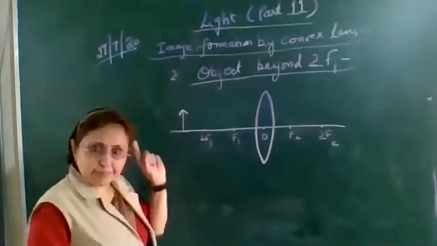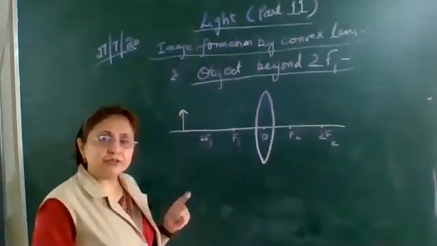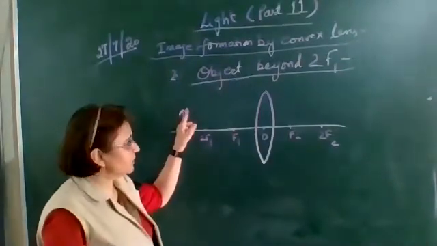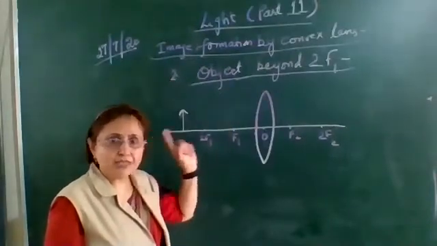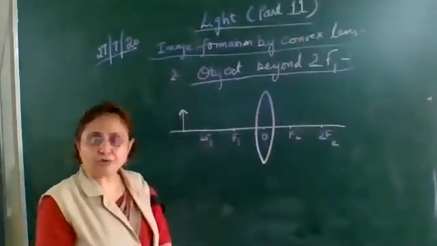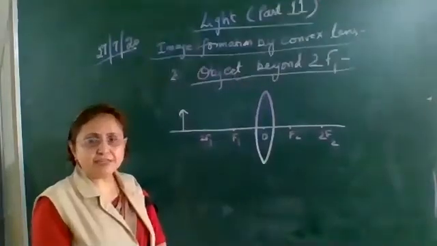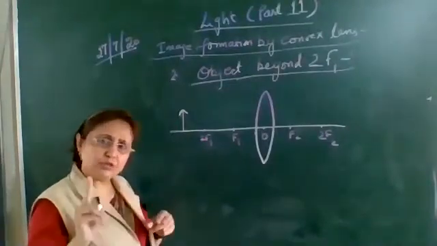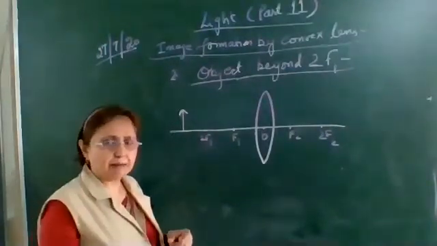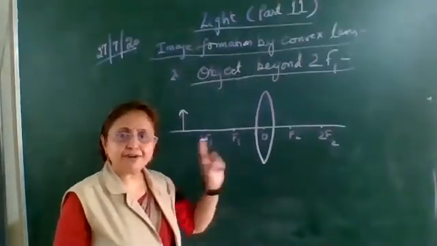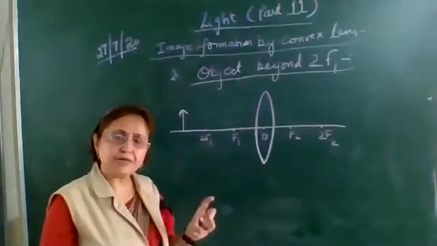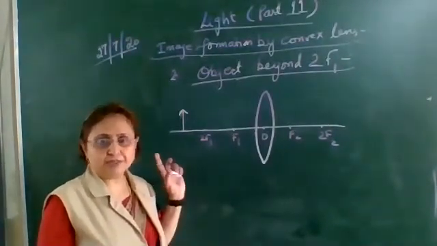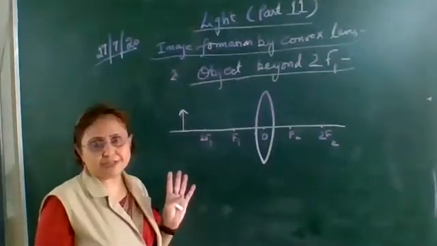So from the tip of the object, we can draw a number of incident rays. We refract them according to the rule, and wherever the refracted rays meet each other, the image will be formed. Here we'll consider only 2 incident rays. You can consider a number of incident rays. All that will be refracted to the same point. The image will be formed at the same point, the nature will be the same, and its size will also be the same.